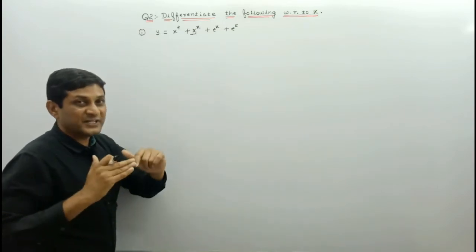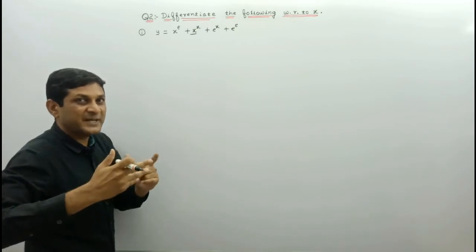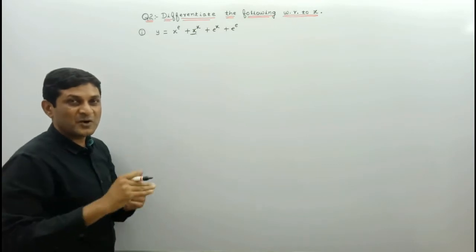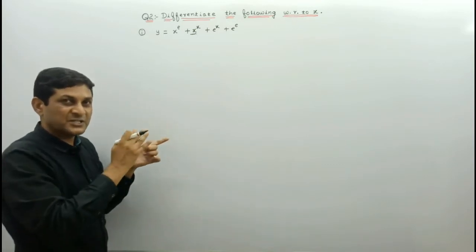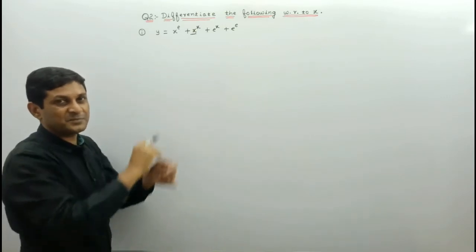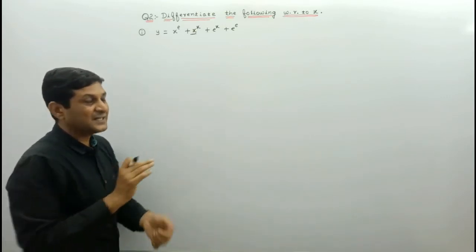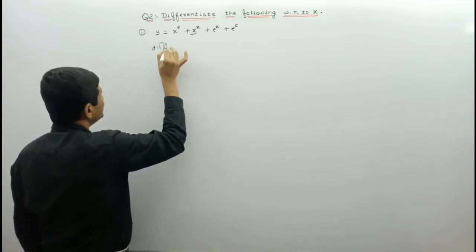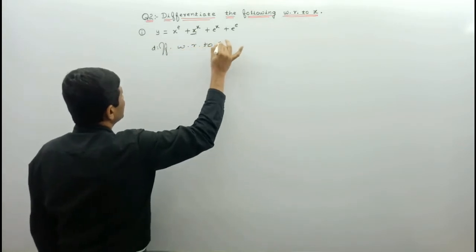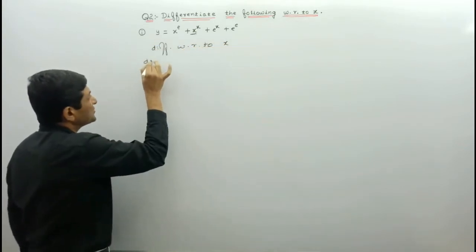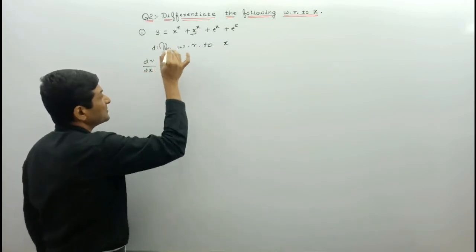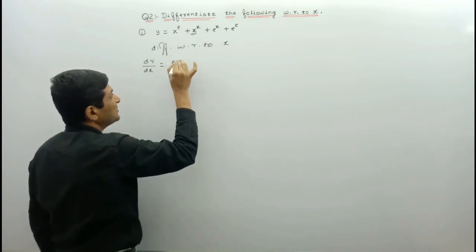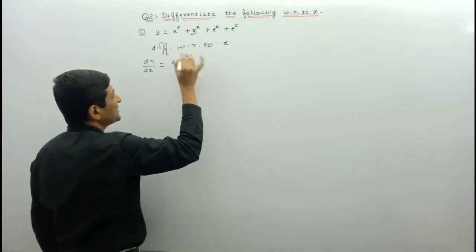अगर एक भी टर्म f of x raised to power g of x के फॉर्म में नहीं है, so at that time directly we are able to differentiate it. But if at least one term is in the form of f of x raised to power g of x, we have to find out its differentiation separately, and later on we have to substitute that value in the given function. Is it clear? So we are differentiating it with respect to x. So here derivative of y, dy upon dx is equal to, now this function is in the form of x raised to power n. So first take this power as a coefficient and then decrease its power by 1. So what is this power here? e.